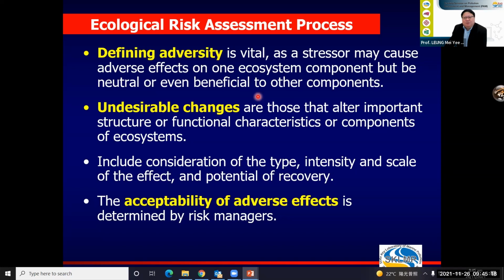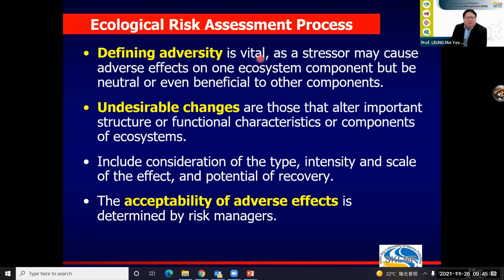For example, if we talk about ammonia as the stressor, it is very toxic to fish, but it is good for plants. If your ecosystem is only concerned with plants, then that is good. But if your ecosystem considers all kinds of animals, then ammonia is no good. Then it depends on the situation. Then we have to define the adversity